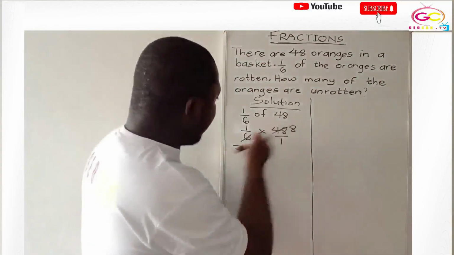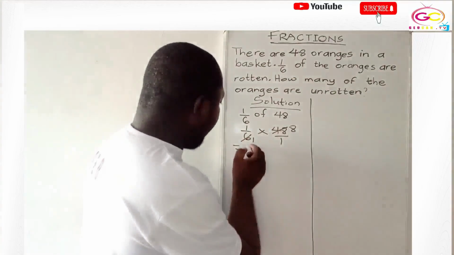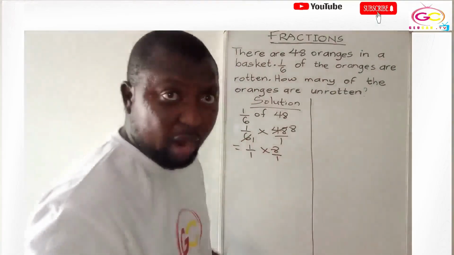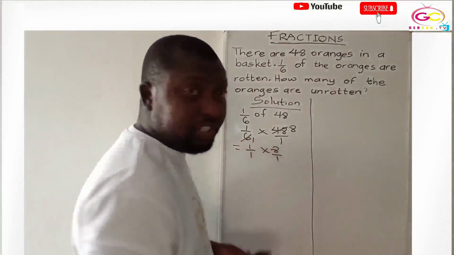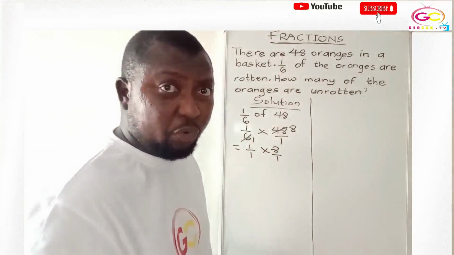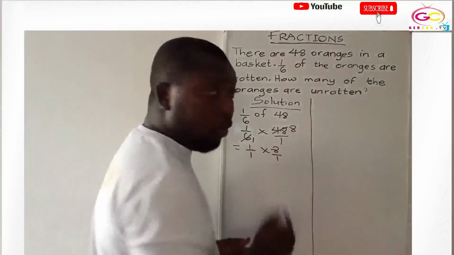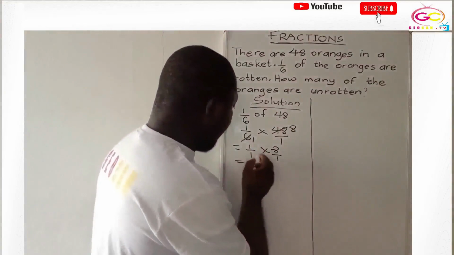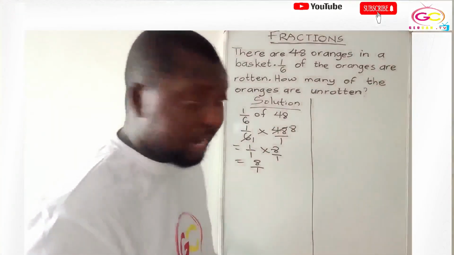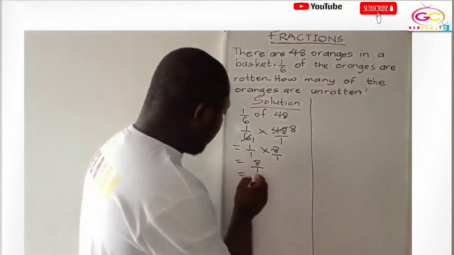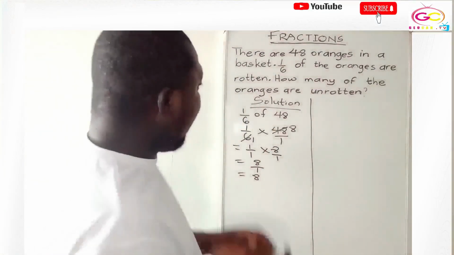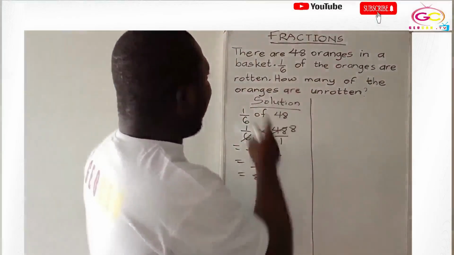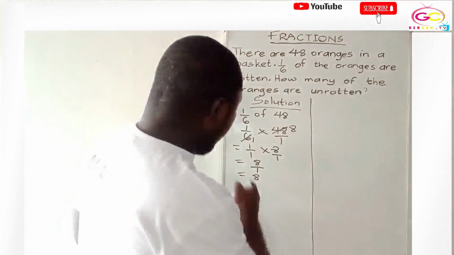Let's check whether we can still cancel again. No, so what do we have? 1/1 times 8 over 1. Now we can't cancel, so we can now multiply horizontally. I believe you remember that. We only multiply horizontally, right? Good. Now 1 times 8 is 8, over 1 times 1 is 1, right? Good. So 8/1, which is equal to 8. So now we've been able to find the number of oranges which are rotten,